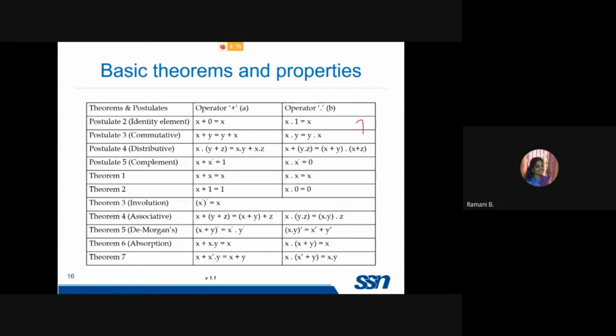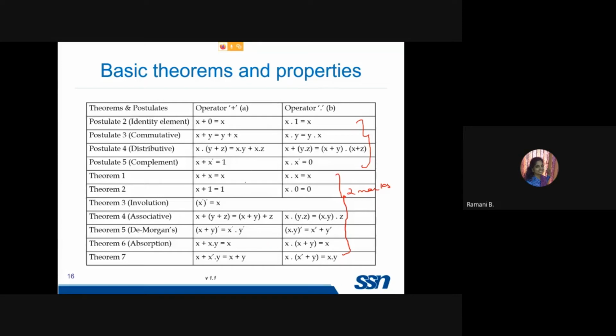So these are the things you have with respect to the postulates, for which as such you don't have any proof. However, you can show the proofs using the tables. Next, we have some theorems. With these theorems, they may ask any of these as 2 mark questions. Even though you know the result as such, you should be using the postulates to prove these theorems. We will see 1 or 2 examples with this.